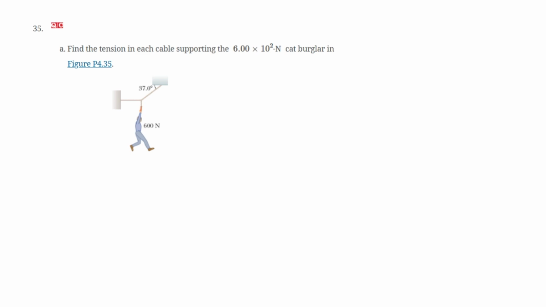Find the tension in each cable supporting the 6 times 10 to the second newtons cargo in the figure below. So it's supporting this person, right? So we want to know what is the tension in each of the cables. So I will first name the different cables, right? So we say that this cable over here